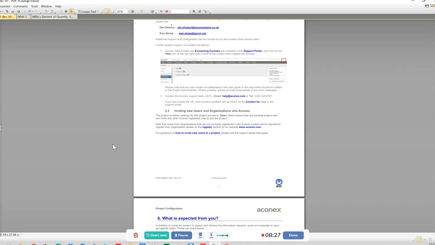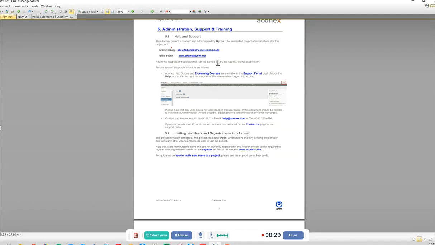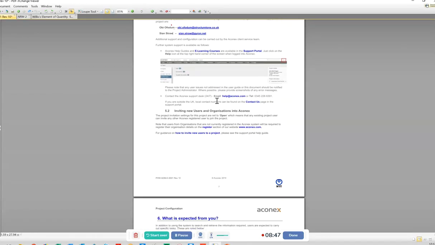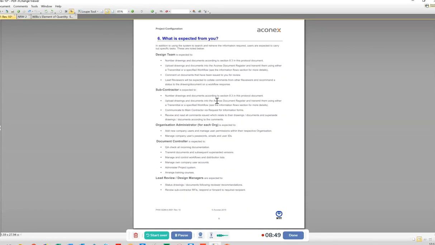Okay. Now, over here it shows the supporting and training, who to call when you get into trouble, or if you get into a jam on Econex. It just helps you know who to call and who to reach out to, just so you know what you're doing. Okay, so down here we have what is expected of you with regards to whether it's the design team, the subcontractors, the document controllers, the lead review or design managers. It shows you what is expected of you,